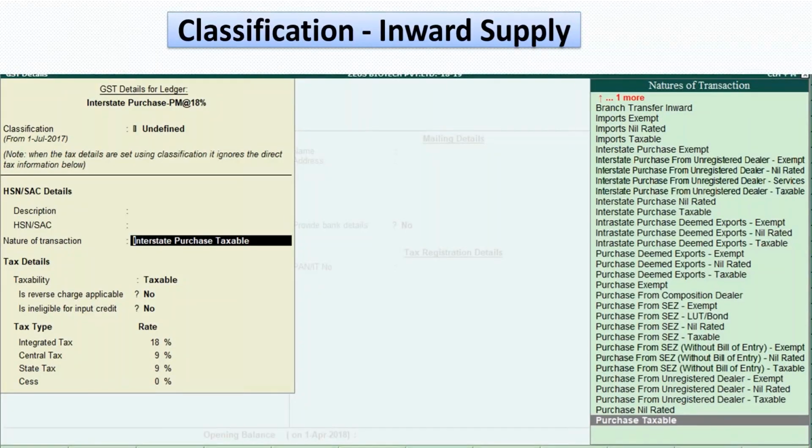Now the classification of inward supply is again the same. In fact, we have a huge drop down here as to what the various possibilities are for the configuration of a particular purchase ledger. So we can select the appropriate tax and the nature of transaction from the list available.